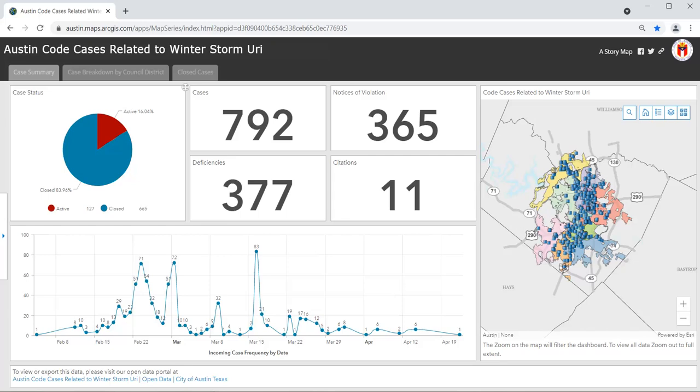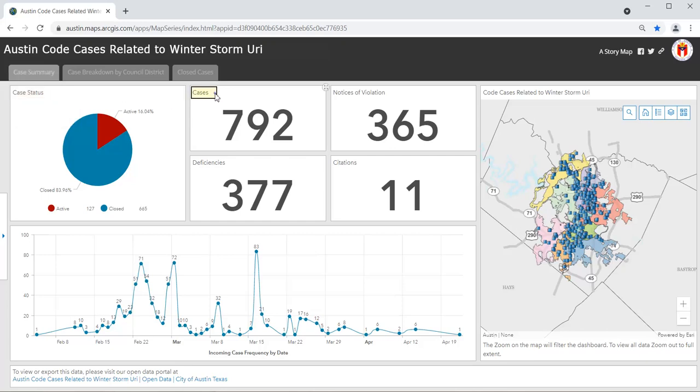In the dashboard, the first thing you'll notice are the three tabs: Case Summary, Case Breakdown by Council District, and Closed Cases. The Case Summary tab breaks data out in the following ways. The first box, Case Status, is a graphic summary of the percent of active and closed cases.